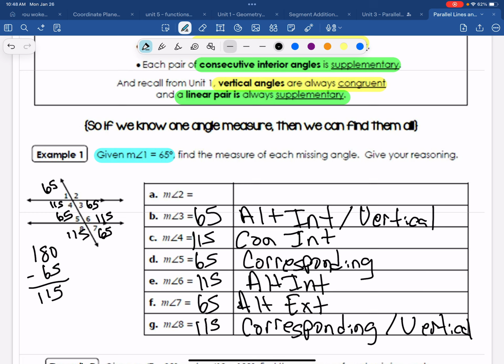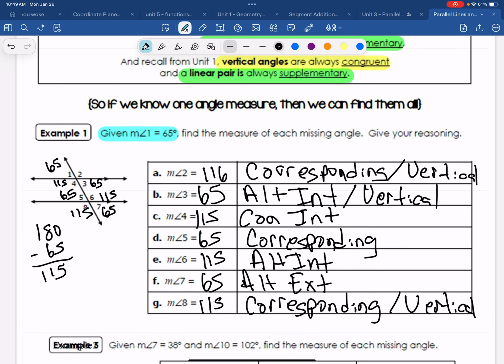And I know that 2 and 6 are congruent because of corresponding angles, and because 2 and 4 are vertical. Okay, so